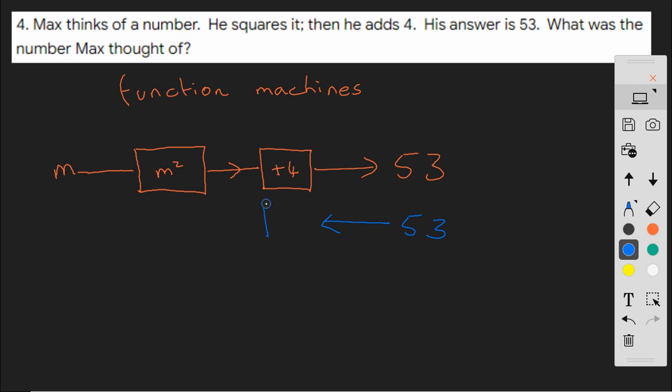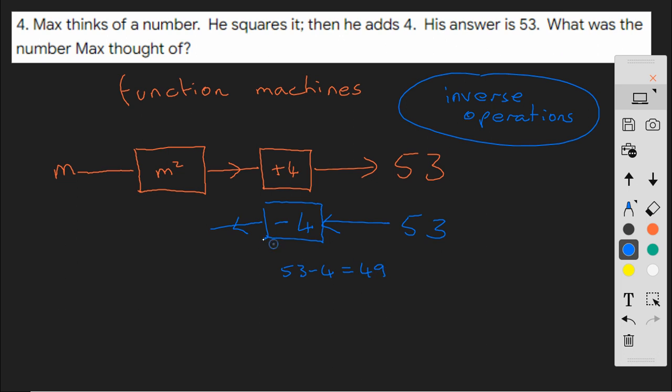And the way we look at this is we're going to do inverse operations. And the inverse of adding 4, the thing that takes us back to where we started, is to subtract 4. So if we take 53, 53 take away 4 is 49. So our number is now